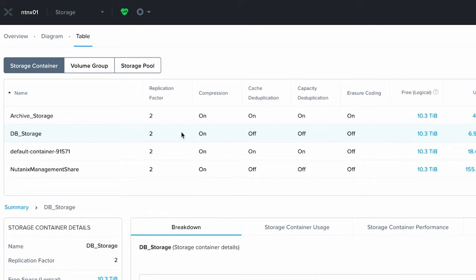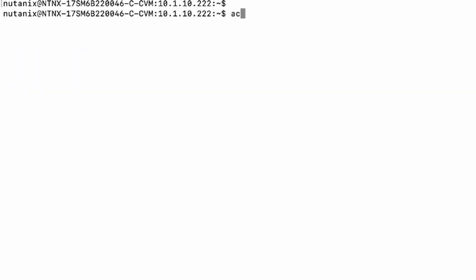First, you have to SSH to a controller virtual machine. You can either SSH directly to a Nutanix CVM, or you can just go to the Nutanix virtual IP address for the cluster. Once there, go to the ACLI and input the command